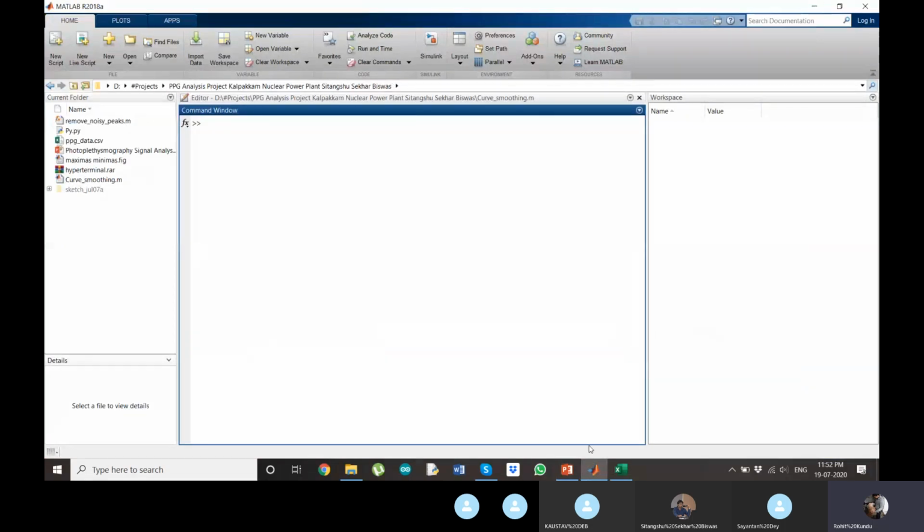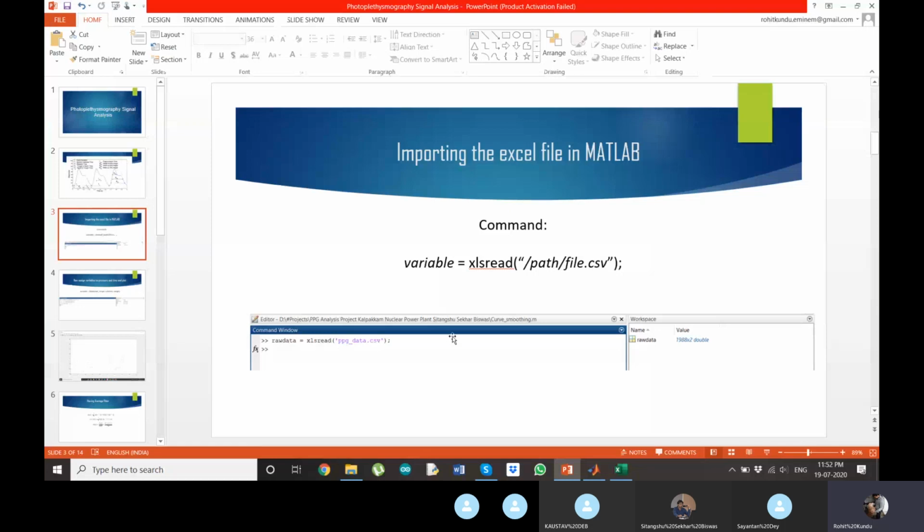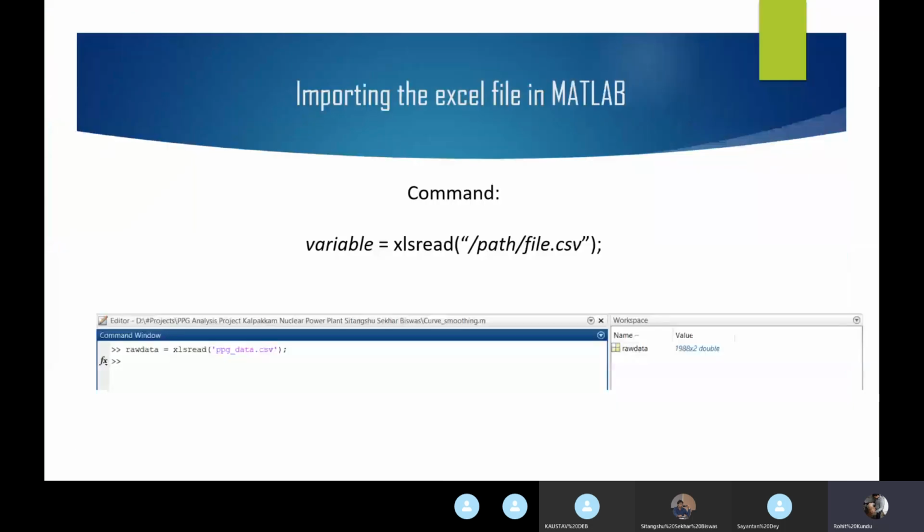Like here the path is set to the folder, that's why I've just used ppg.data.csv. Otherwise, if MATLAB is accessing another folder and the CSV file is in a completely different folder, then you have to give the path.